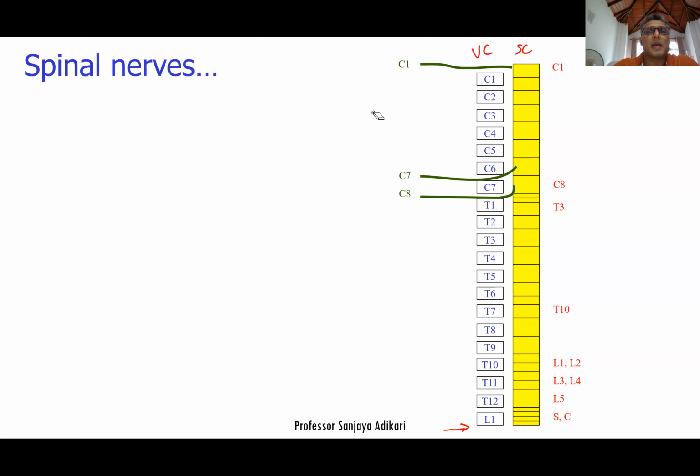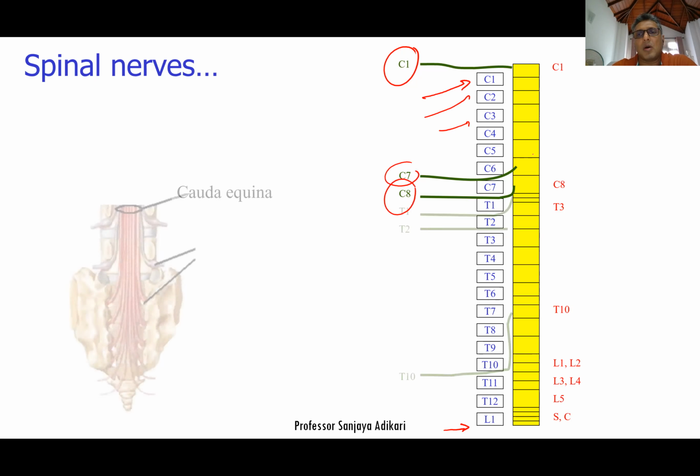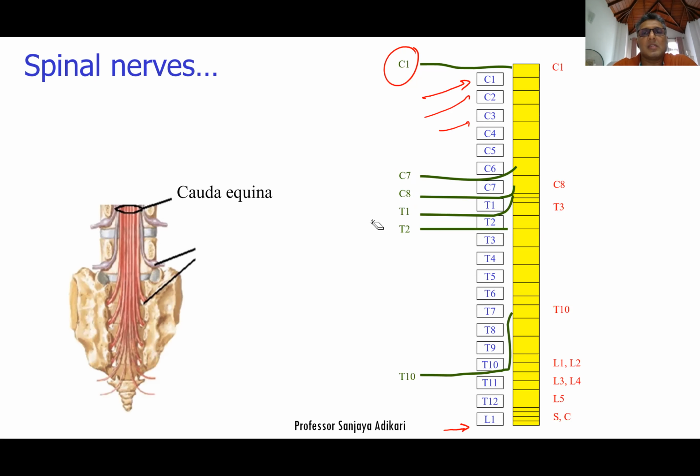Now, when it comes to spinal nerves that are coming out through intervertebral foramina, the C1 spinal nerve comes out between the occipital bone, skull base, and the atlas. In other words, it comes out above its respective vertebra. Then you get C2, C3 like that coming out above its respective vertebra. Then C7 also comes out above C7. But since there's a C8 also, it comes out between C7 and T1. Therefore, T1 has to come out between T1